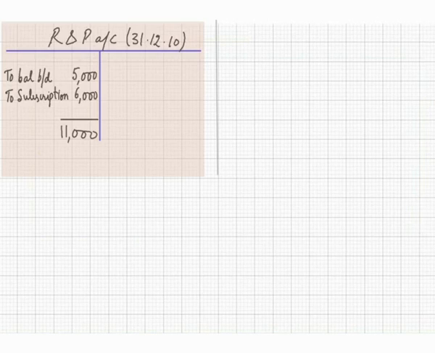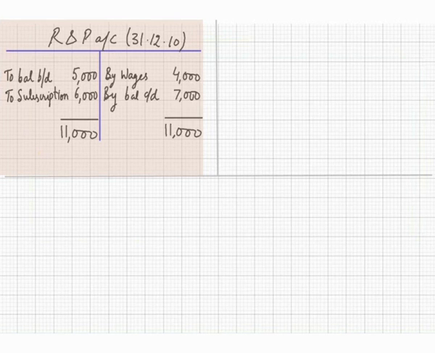Suppose a receipts and payments account for the year ending 31st December 2010 is given. On the debit side: to balance b/d 5,000, to subscription 6,000, and the total is 11,000. And on the credit side: by wages 4,000, by balance c/d, meaning closing balance, 7,000, and the total is 11,000 rupees. And some additional information is given in the footnotes, which are